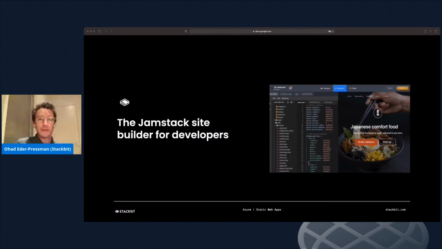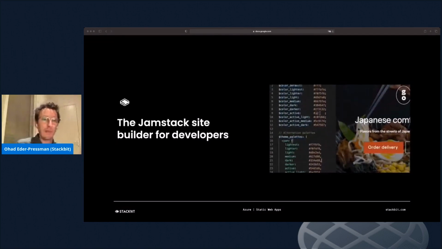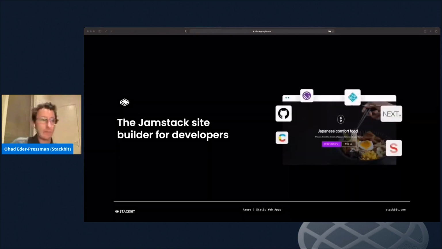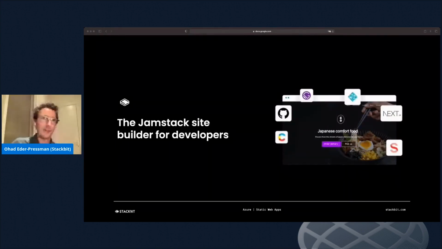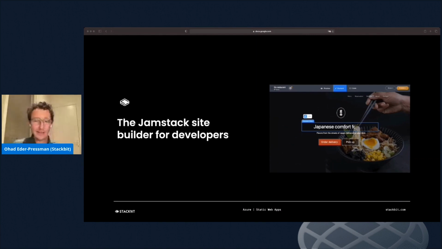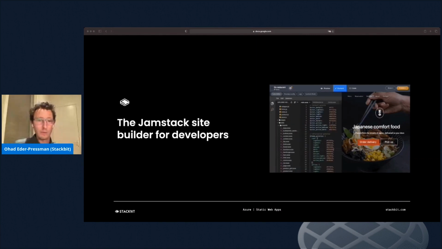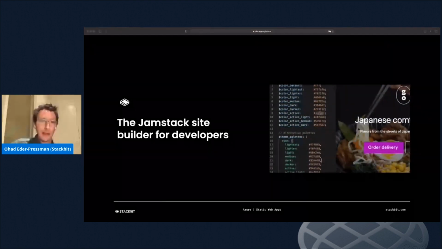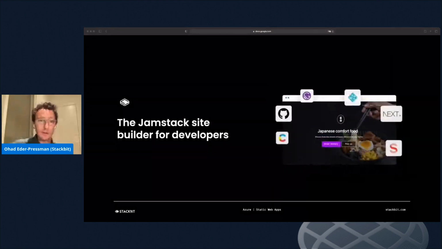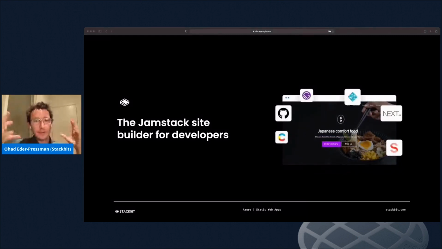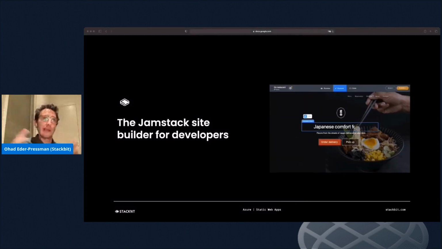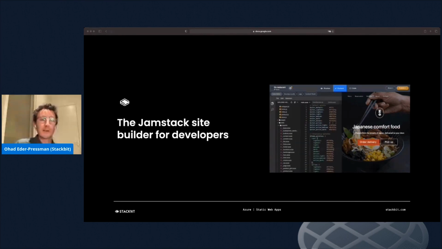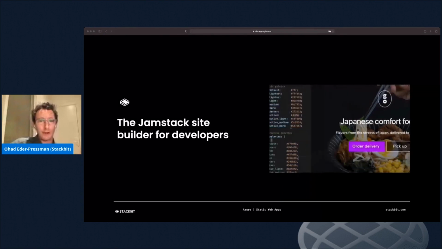And developers, more often than not, are really excited about modern technologies, whether those are JavaScript or TypeScript, static web apps, or the Jamstack, Gatsby, Contentful, Sanity, and a variety of different tools that offer a modernized developer experience. And so what we try to do, and what I'll show you in a moment, is basically build a site builder that is focused on developers, and caters to the things that are important to them, but also empowers the people that they work with to actually work on websites.